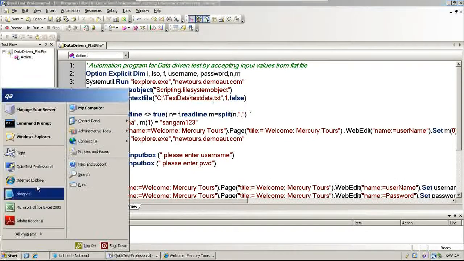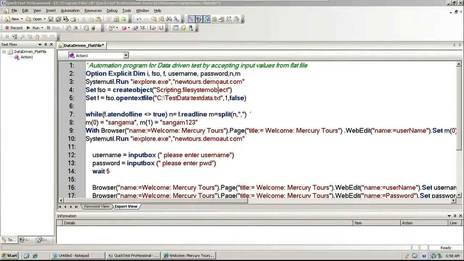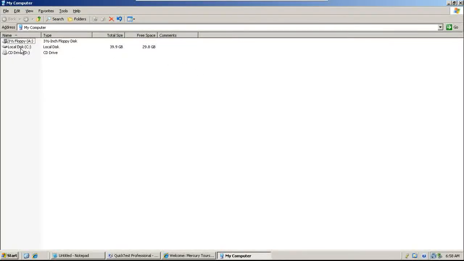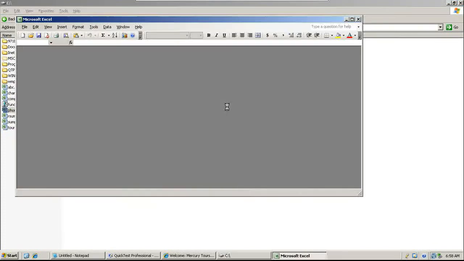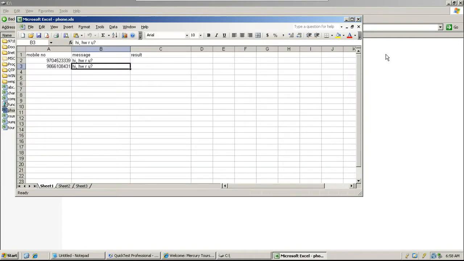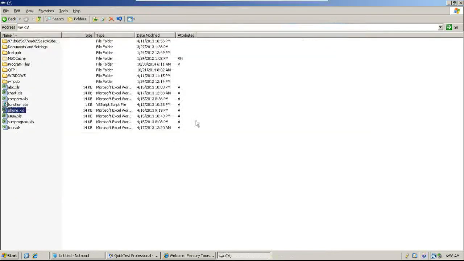Wherever you want you can put it, it doesn't matter. This other file is used for another example, an Excel spreadsheet, so we'll use it later.